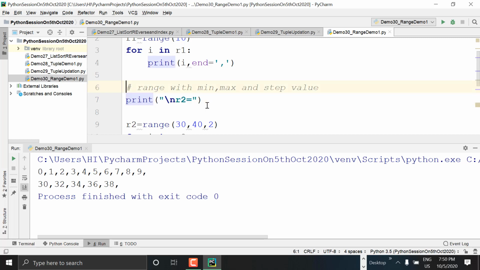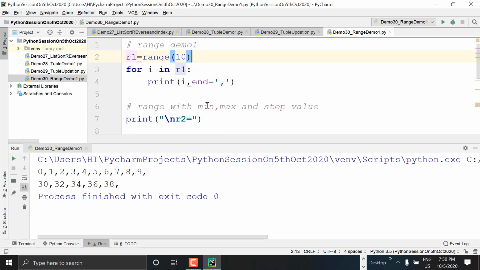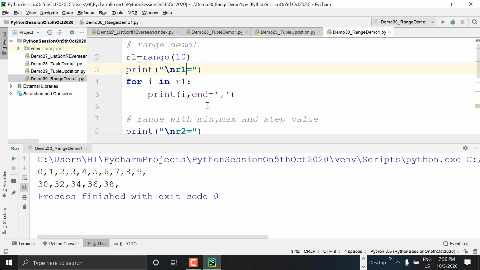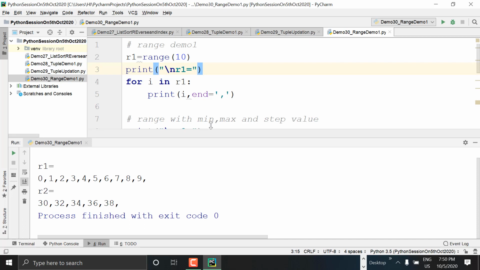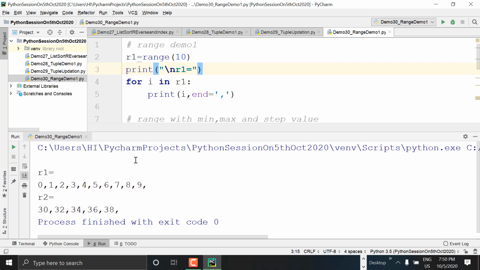Now we are creating a list with range. How to create a list? Data is equal to list of range of 10, that's all. And then print data.